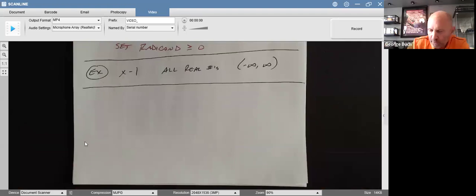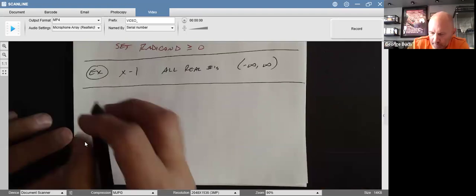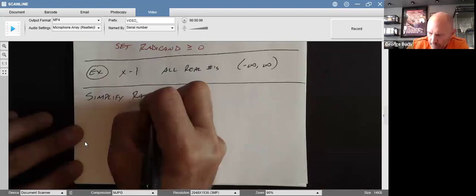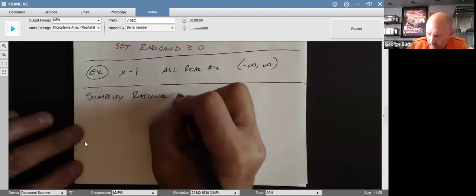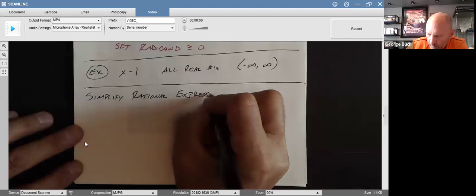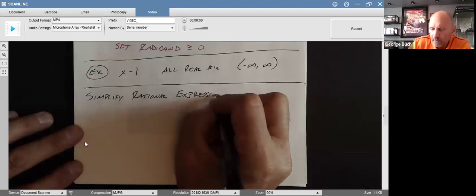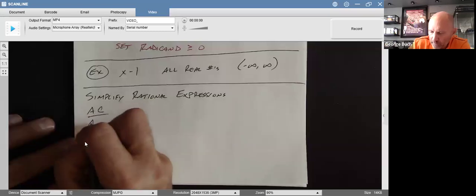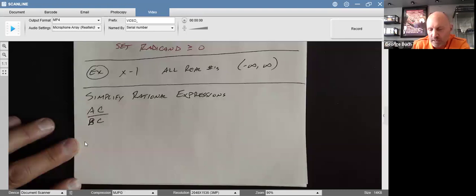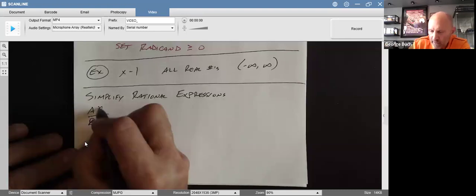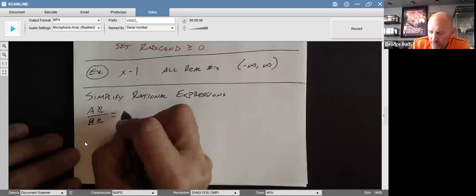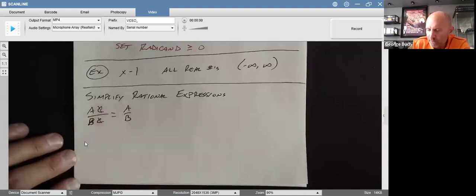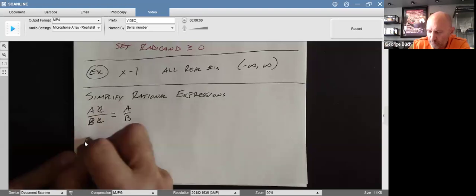And so if I want to simplify rational expressions, if you remember back to when we were doing fractions, if I have a times c over b times c, I can cancel out both of the c values and just get a over b. Well, that still works with rational expressions,